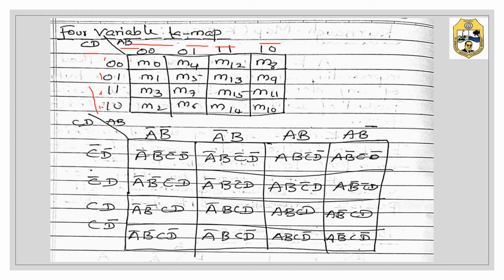Now this can be, again it is taken as M0 M1 M2 M3. When you multiply these two, it will be M0, M1 will be 0 0 0 1, M3 0 0 1 1. Okay, so 0 0 1 0, it is M2. Like this all can be written, and in the form of ABCD it will be written as like this.